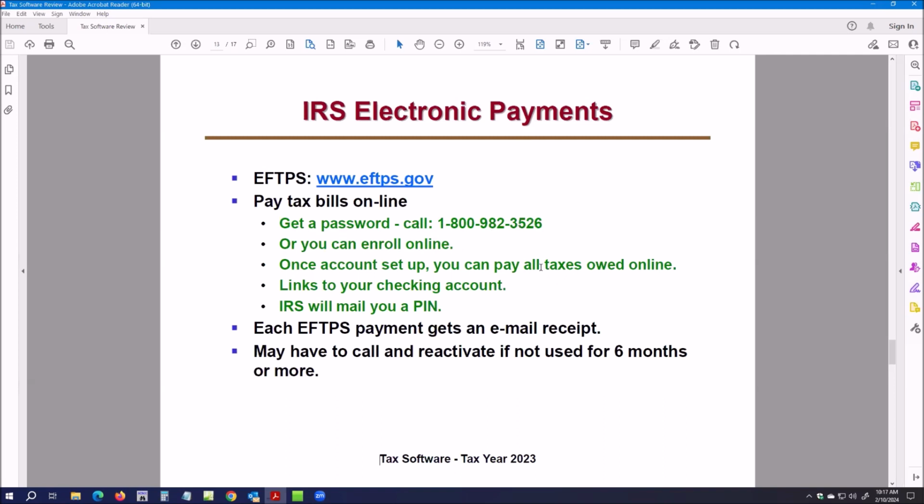You go in there, you basically tell it how much you want to pay, which tax year it's for, what kind of payment it is. And it's very nice for doing your estimated taxes. But the other part of this is you get a receipt, and that receipt is an absolute guarantee proof of